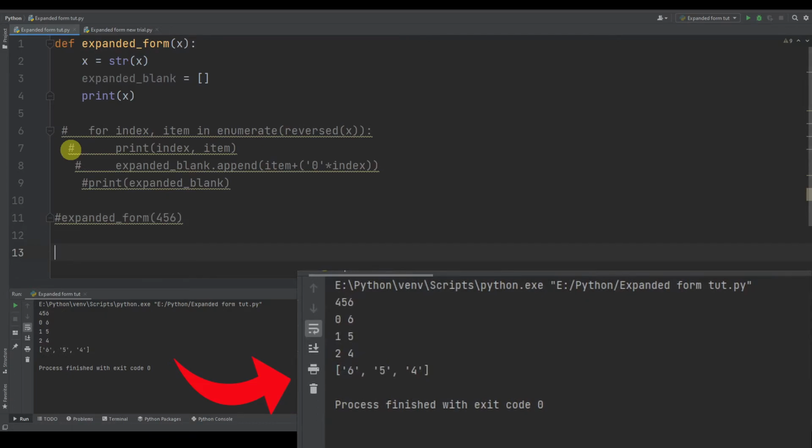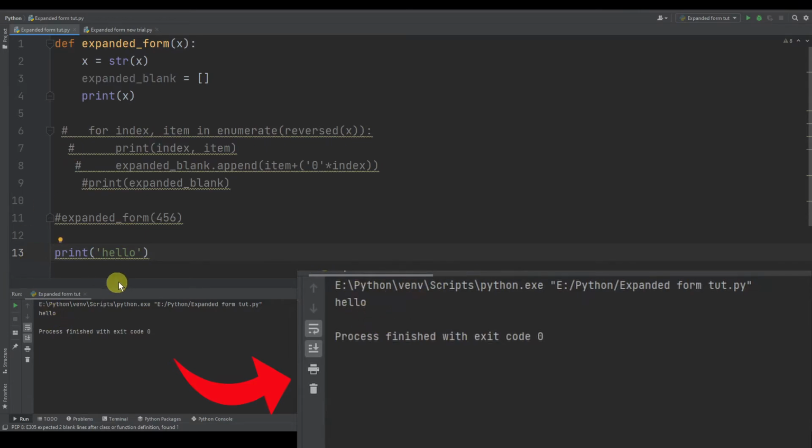Now I'll just give you an example. Print hello. So what it will do is print hello. Now if I multiply it with 0, it won't print anything. Multiplying a string with 0 says you're going to print this string 0 times, so it is not printing it. When we add 1 and run it, it says you're going to print this string once. If we add 2, it says you're going to print this string twice. You can see hello, hello. I hope you understood this. Now I'm going to remove this.